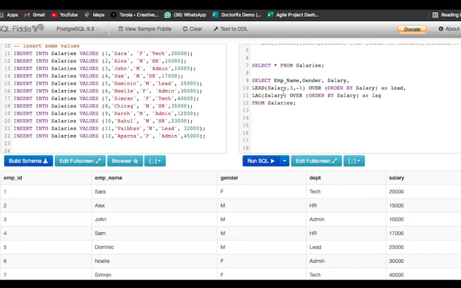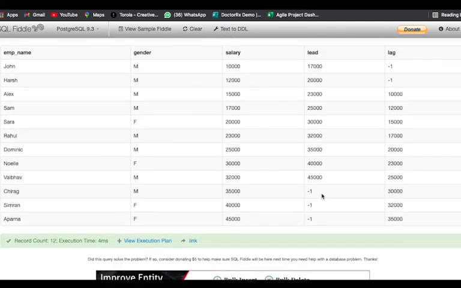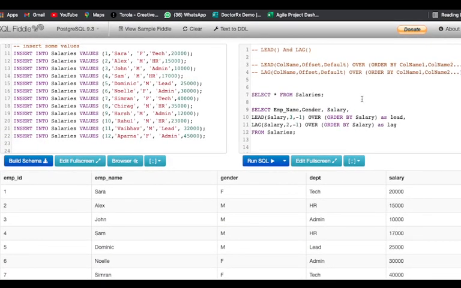Alright, similarly you can assign some offset value here. If I assign it to 2, and I want to set the default value as -1 over here as well, and now if I try running it, you see the default values have got -1, and now I'll get the rows for 15,000. What is the second previous row? So 12,000, 10,000, so I got 10,000 here. For 20,000, what is the second previous row? 17,000, 15,000. I got 15,000 here. So this is how you can refer to subsequent and previous values using the lag and lead function.